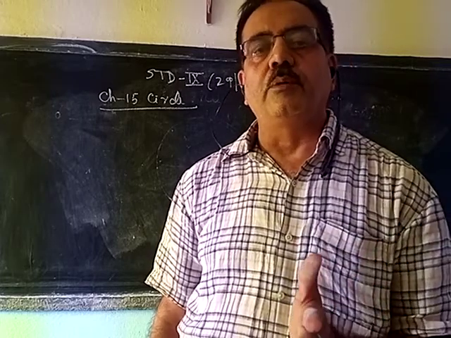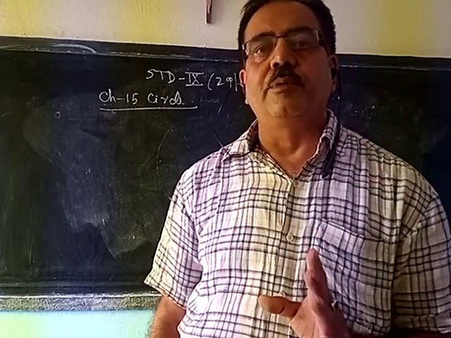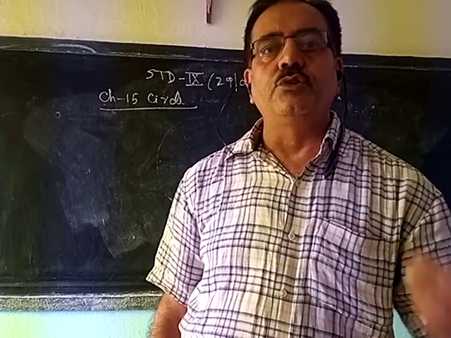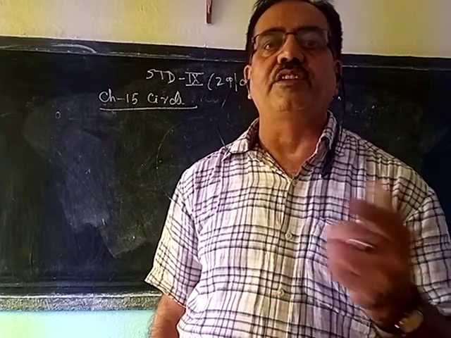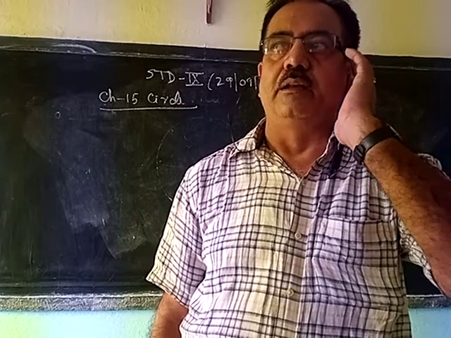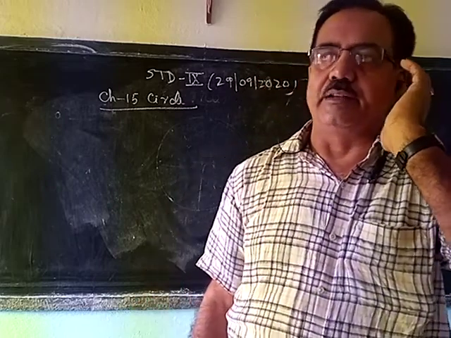But when it is given that the RHS are equal in a right angle triangle, then you can use RHS. In RHS, what you have to do? The hypotenuse must be equal. Then out of the remaining two sides, you have to prove any one side is equal in both triangles. Then it is congruent by RHS.